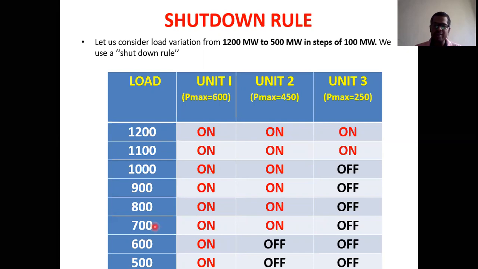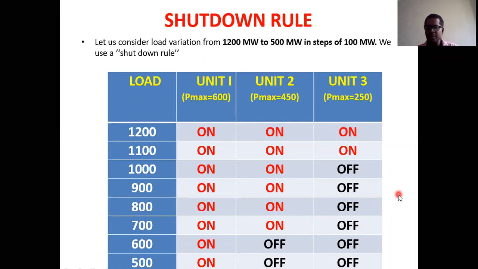Similarly, 600 is also the same thing. But coming to 700 megawatts, in order to generate 700 megawatts, it is not enough for unit 1 alone to be in operating condition. We must turn on unit 1 and at the same time unit 2. Means we need to bring this unit from off condition to on condition. That is recommitted. So like this, we can understand how we can operate unit 1, unit 2, and unit 3, when we need to shut down the generators, and when we need to recommit the generators. So easily you can understand from this truth table.